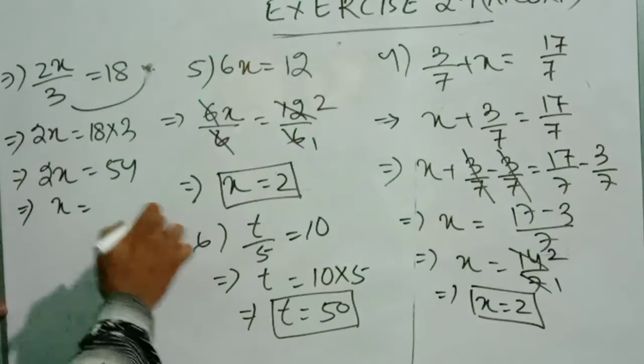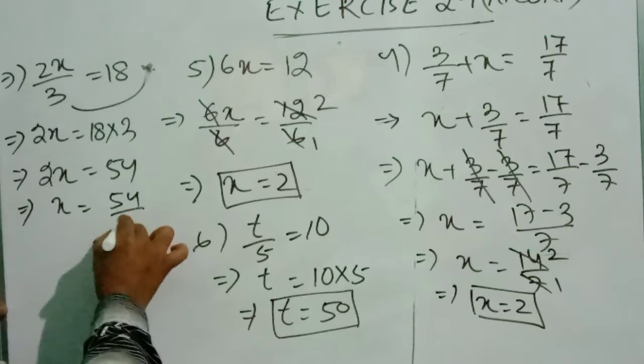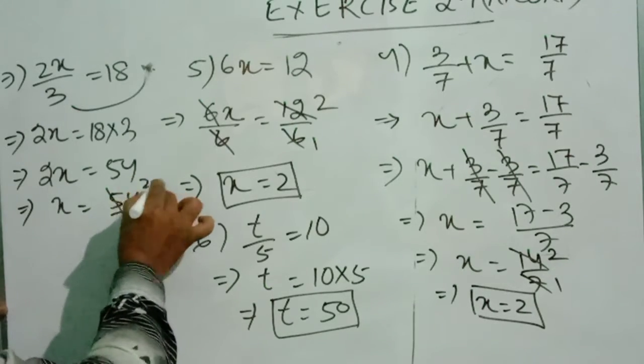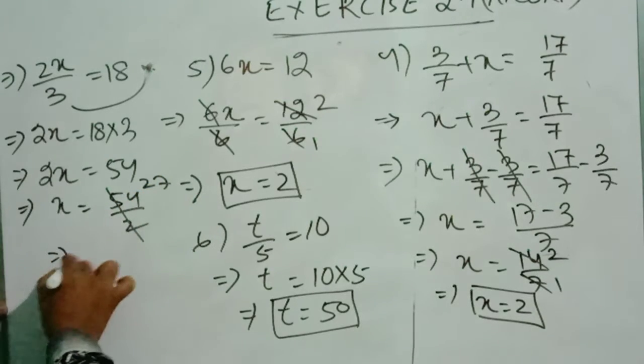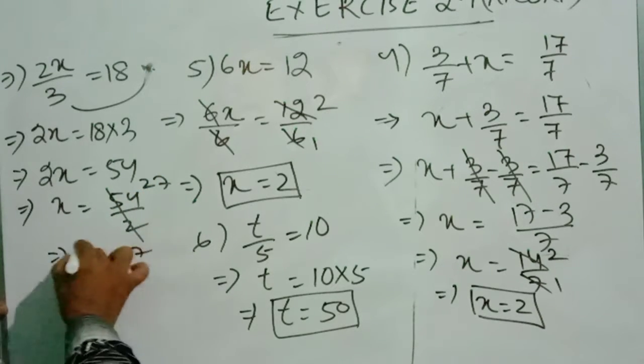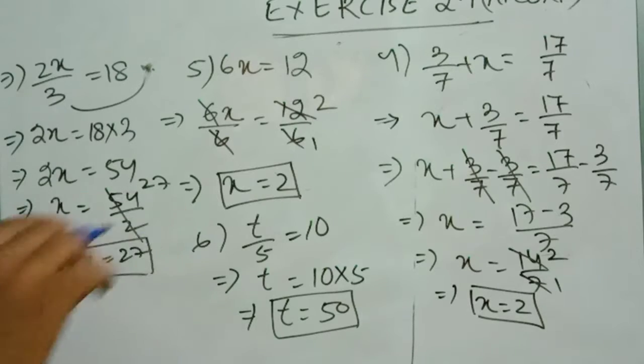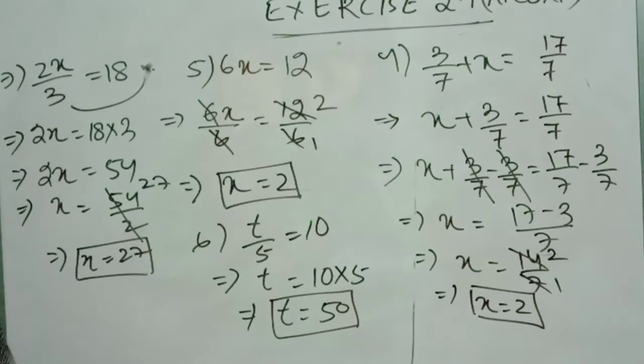That means x equal to, here 2 is multiplied with x. On the right side it will be divided by the number. Then we are getting 2 2s are 4. 1 carry 1, 4, 2 7s are 14. So that we are getting x is equal to 27. So this is the solution. Now let us do number 8.